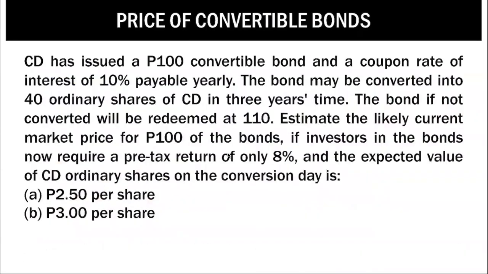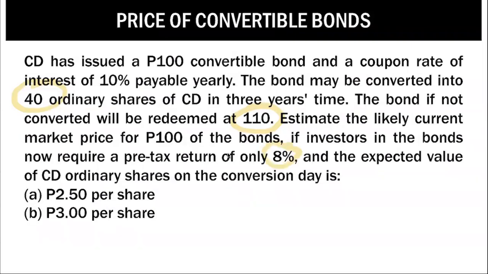Okay. So, price of convertible bonds. TD has issued 100 convertible bond at the coupon rate of interest of 10% payable yearly. The bond may be converted into 40 ordinary shares in 3 years' time. The bond, if not converted, will be redeemed at 110. Estimate the likely current market price for 100 of the bonds if investors in the bonds now require a pre-tax